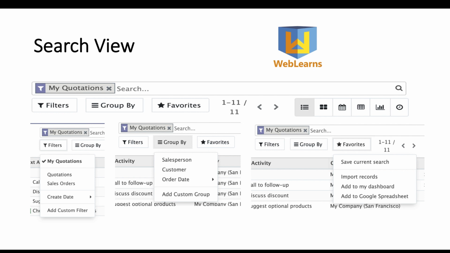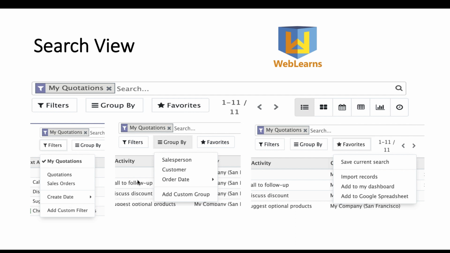If you want to filter more, you can use the last option, add custom filter. Here you will see the list of fields available for the specific model. Right now this is the quotation model, so by default you can see these fields. You can also extend the filter options here.